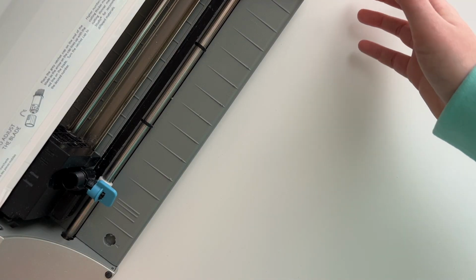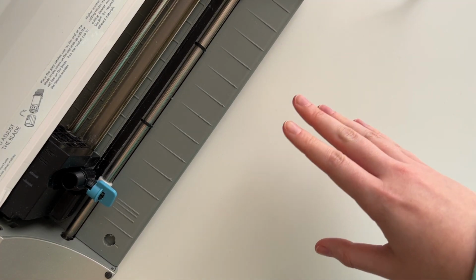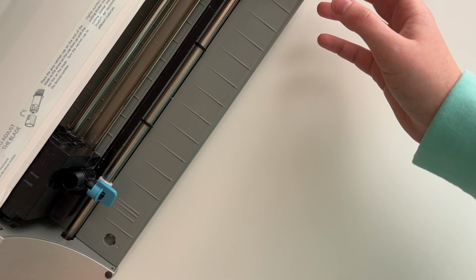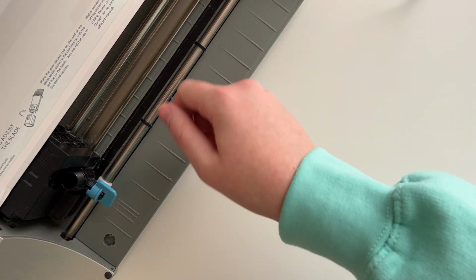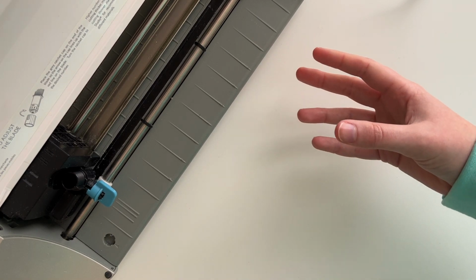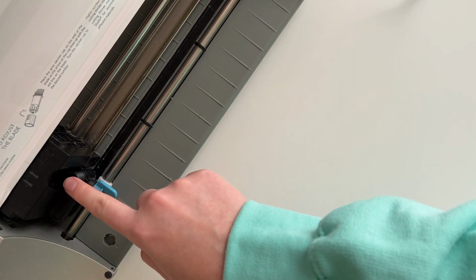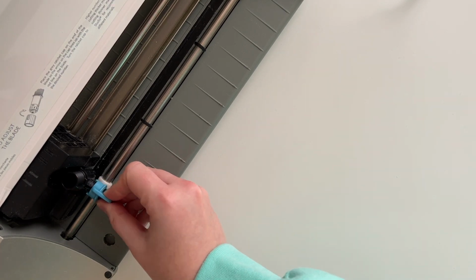Okay, so I have my silhouette positioned as best as I know how to show you. It is a little dusty. I've tried to clean it so many times. You can use hand air or go in with a Q-tip and clean it. But because you're cutting paper, there's going to be so much paper dust all the time. It's going to be fairly dusty, just a warning. I already have my blade in the machine. If you've never done that before,